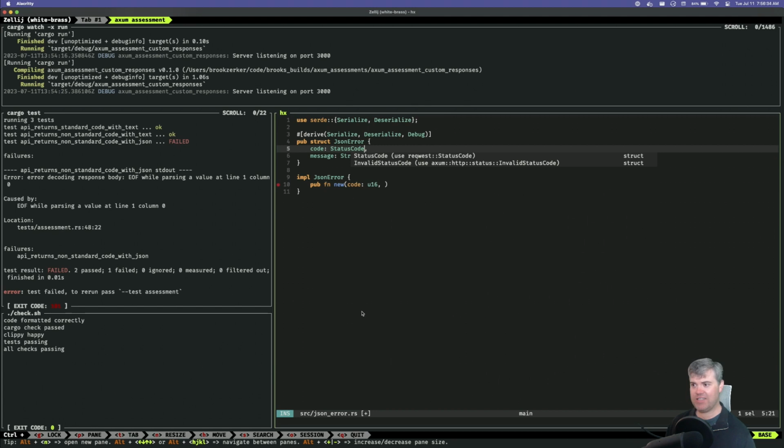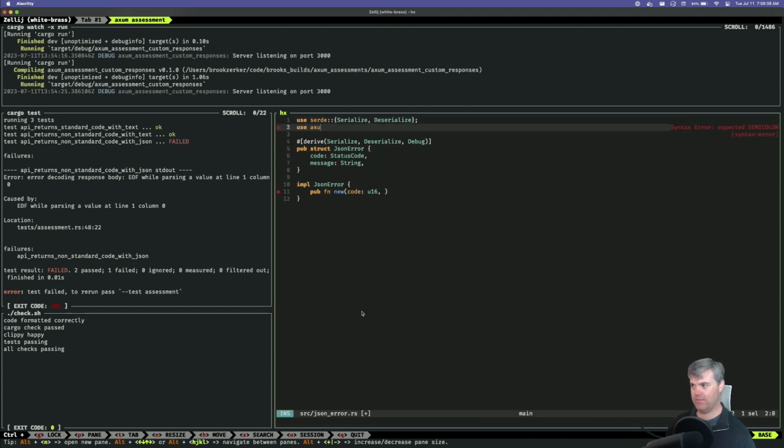Why are you constantly finding the wrong one? Nope, not that. I want that. Okay, so status code. Then in this case, I can have an override for the status code. That would be a builder pattern.